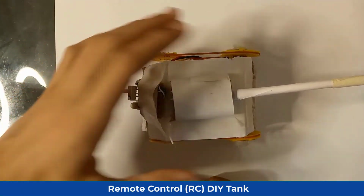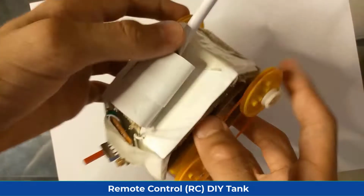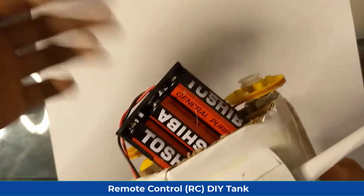So guys, our tank is ready. This is how it looks after it's all decorated. So this is the battery holder, and yeah, let's just